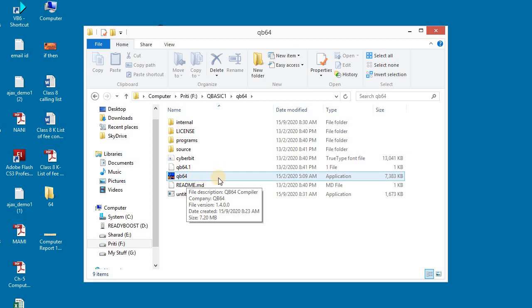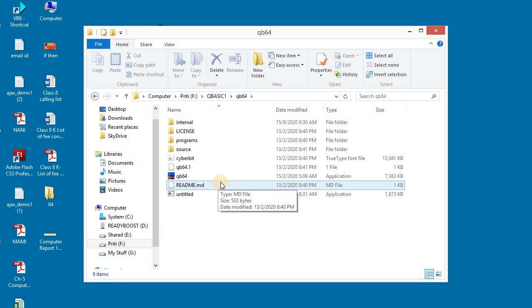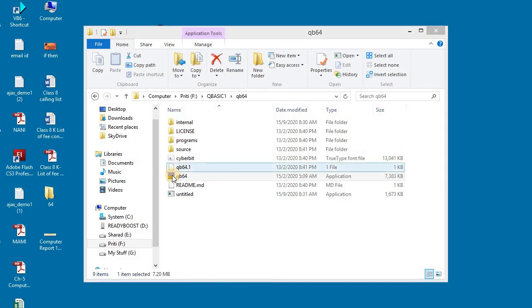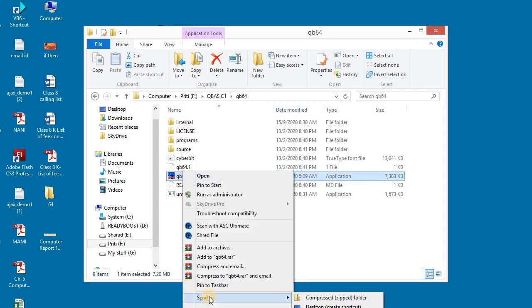If you want to create a shortcut on the desktop, then you have to right click on this icon, choose send to, and then desktop create shortcut.